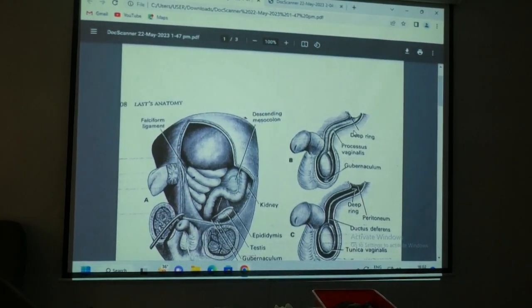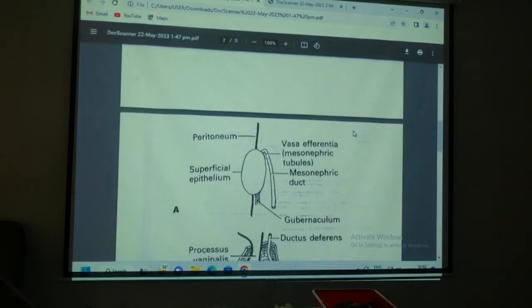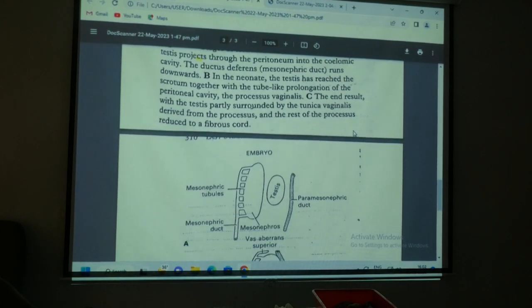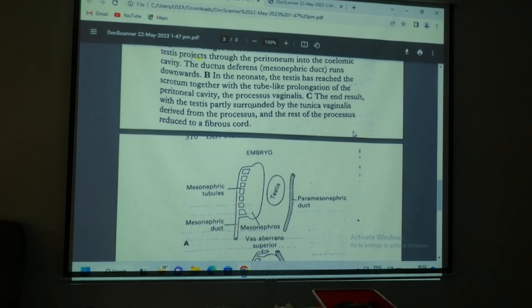তুই যেটা কি বলছিলি হাইড্রোসিল, এখানে হাইড্রোসিল ছবি আগে ছিল না, ও হার্নিয়া